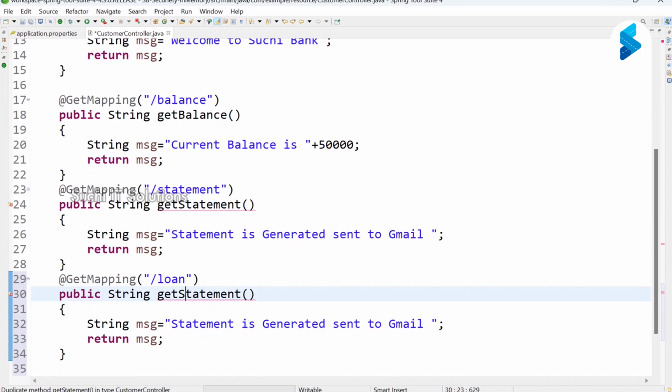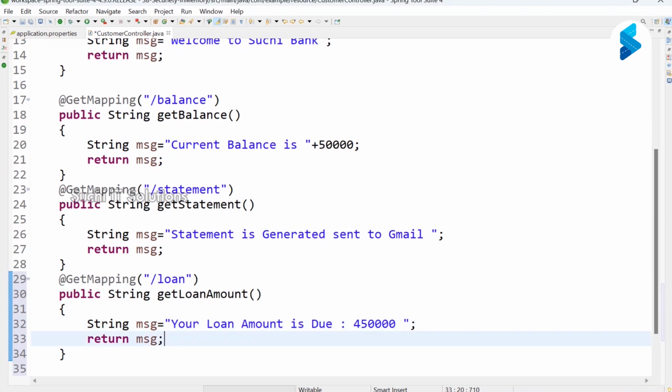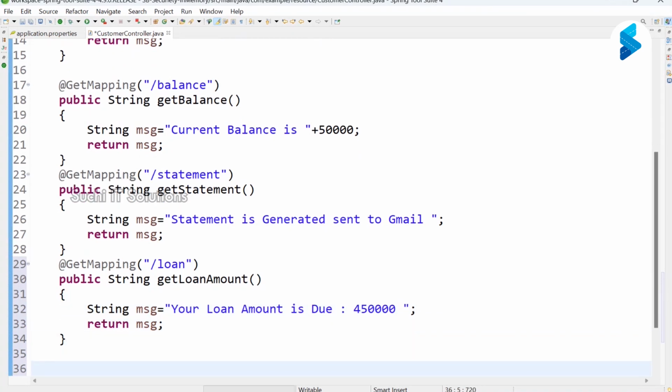Get loan amount: your loan amount is 4 lakhs. Okay, that's it. Next, contact: public String contact.